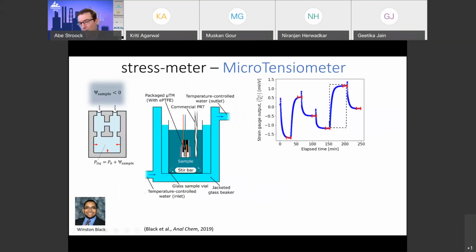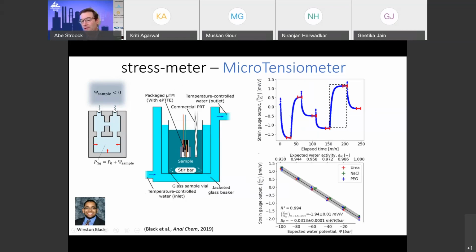It's important that we understand its transient behavior. It's got minute-scale transients. We can get a calibration. We calibrate its output, the voltage versus the imposed chemical potential or water potential. And so this is now a maturing tool that's even patented and licensed to a former graduate student of mine in a company.